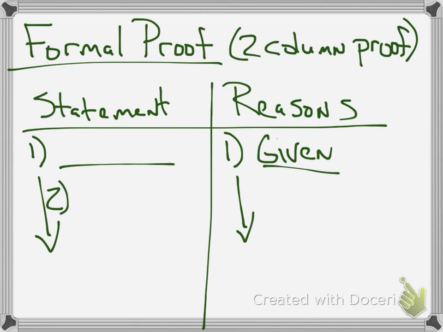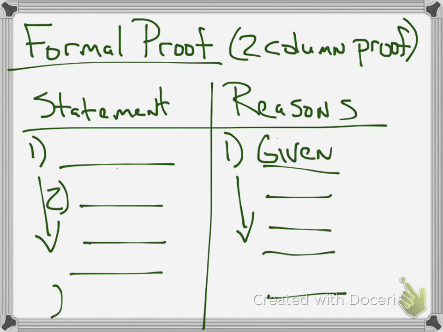Then you're going to list more statements that help you get to what they want you to get to, however many steps that may be. I'm not going to put steps here. And then you've got your reasoning there. Every single time, you have to give reasons for each statement that you put down. For example,